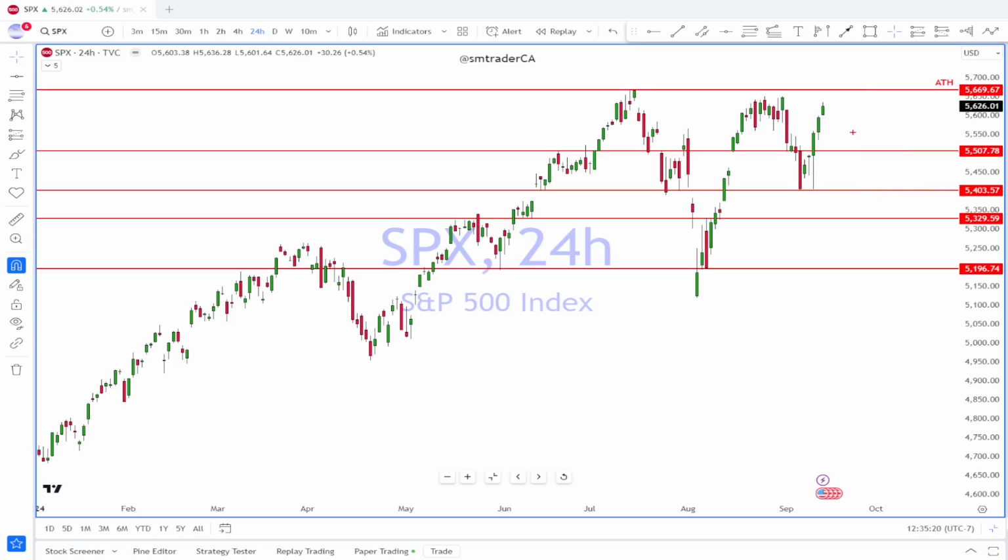The probability says right now that we are likely to see a new all-time high from the S&P 500, based on the internals and also the market sentiment. But hey, anything is possible. We could be wrong, right? I mean, it won't be the first time and it won't be the last time.